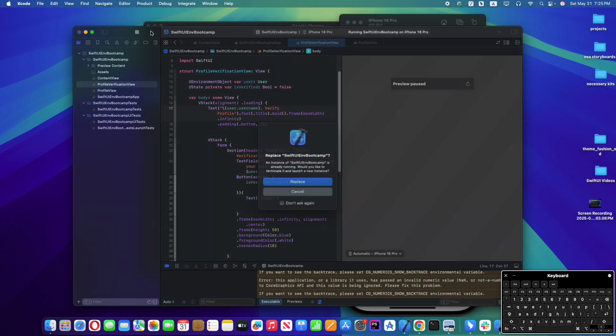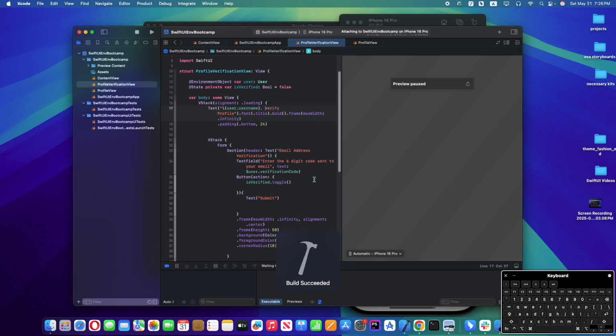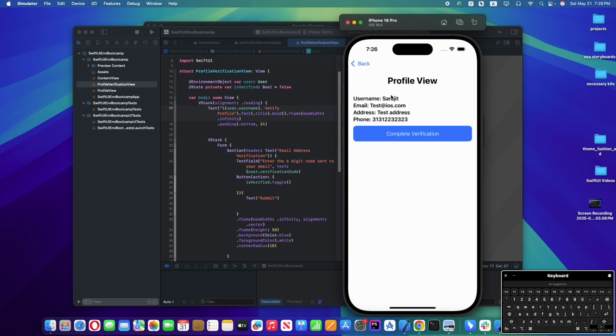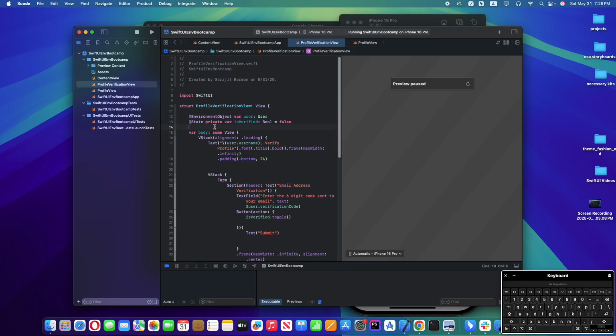So let's see what happens. And test at the rate of ios.com, address and phone. All right, so submit profile view, complete verification, and you can see in profile verification view we